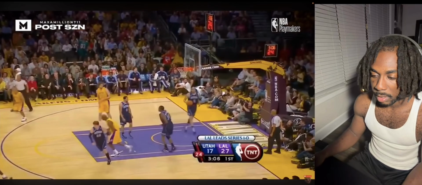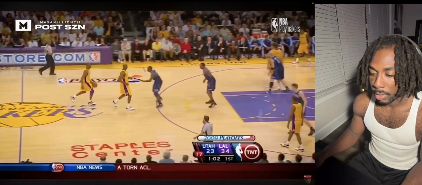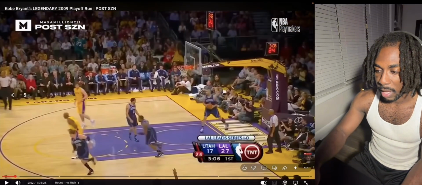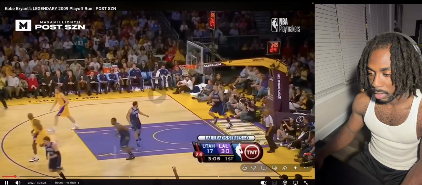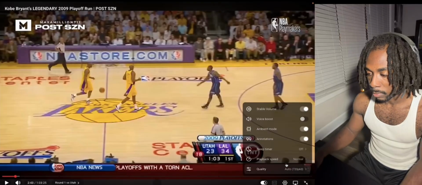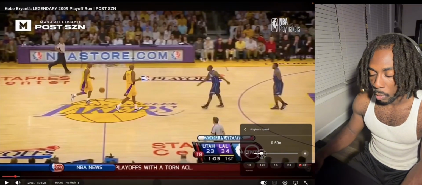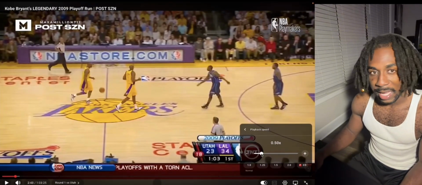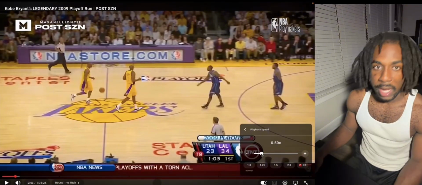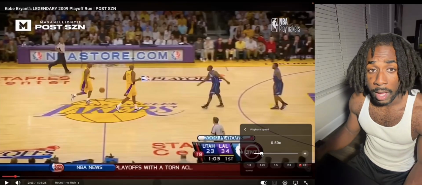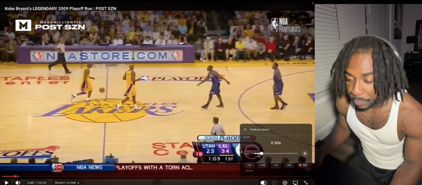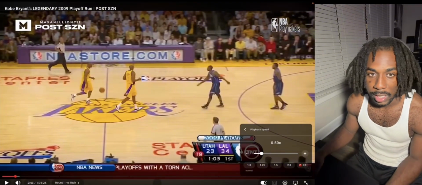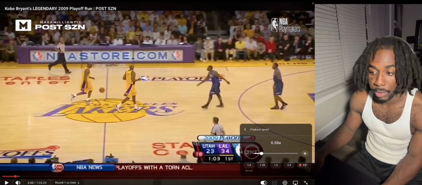That's why you stay patient. Stay patient on the screen. This is like simple stuff that you can implement, people. Simple stuff. This is why you don't rush. You don't, and it takes reps. If you're not used to it, it takes a lot of reps. But once you get it, it makes so much sense and it slows the game down. When the game starts getting very slow and you're able to read stuff way before it happens, that's when the game gets really easy. You can just start doing stuff. You just start doing random stuff.